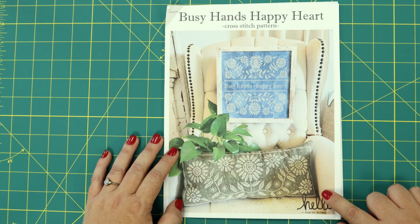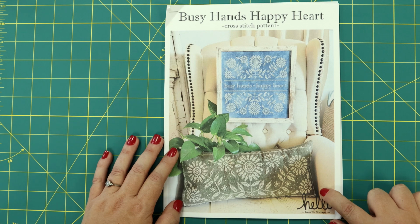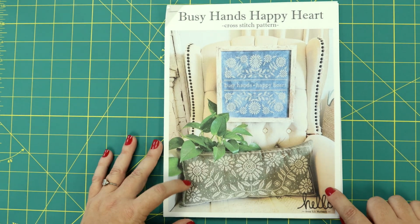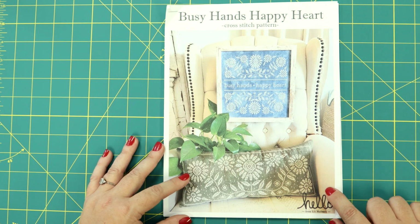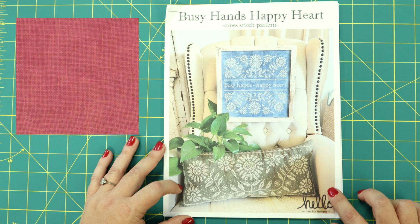But I thought that would be a really lovely piece to sit on the bookshelf behind me in the springtime while I'm sewing. So I am branching out from my white Aida background, which is what I've always used in the 30 plus years, 35 years I've been cross stitching. I am branching out from my white Aida. I'm using, again, the Lugana for the Wildflowers project. And then for this project, I ordered